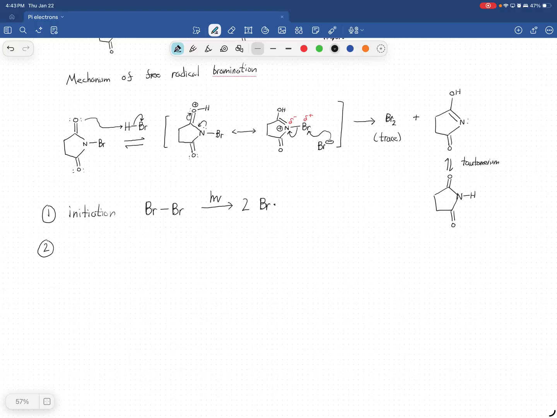Honestly, I would have thought it would have attacked the double bond, but it actually doesn't. So that's the funny part. I won't say funny, but the interesting part. There's two positions you can attack here. So your alkene